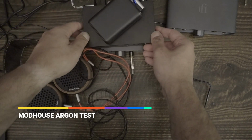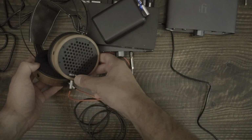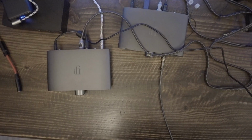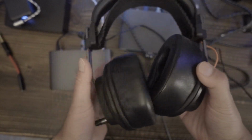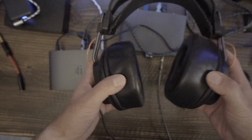The next question is whether the Zen Can drives the Modhouse Argon, a headphone that is notoriously difficult to power. The Argon, when properly amplified, has an intense sub-bass rumble and mid-bass slam. They are also fairly clear, and those are really the selling points of these headphones. The answer is yes, the Zen Can drives the Argon rather well, but you have to push the gain to